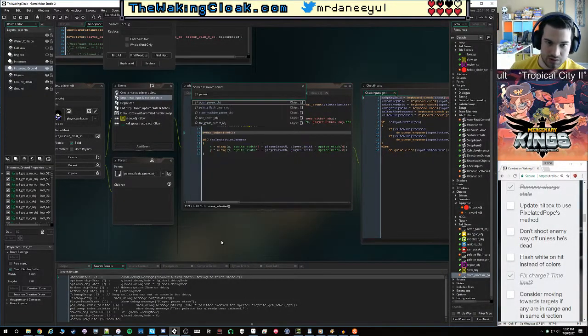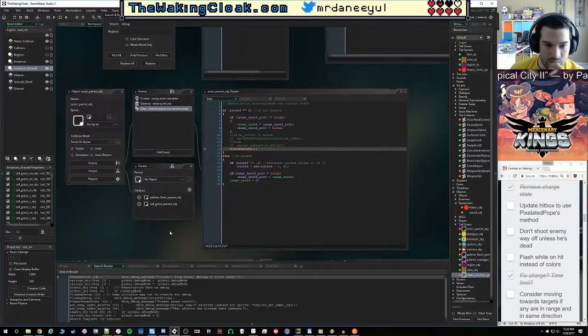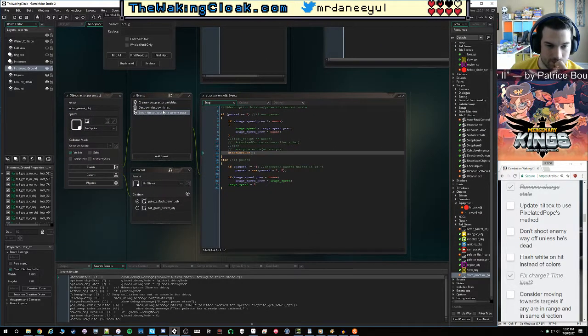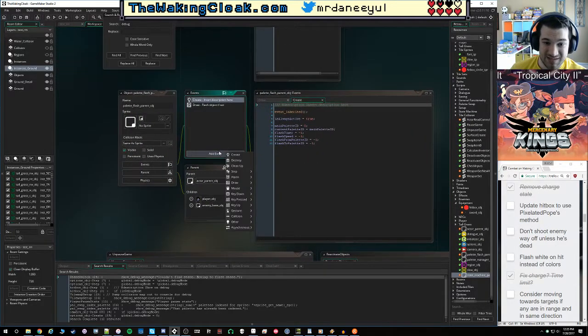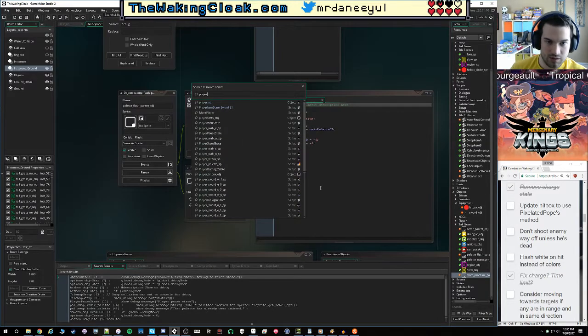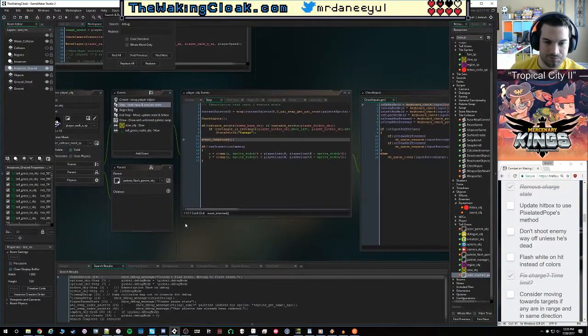So in parent, after parent object, I'm going to go to the palette, slash parent object, and I'm actually going to add a step. And the step is only going to exist, well, this might work actually. We'll see. Player object. So event inherited is basically calling,